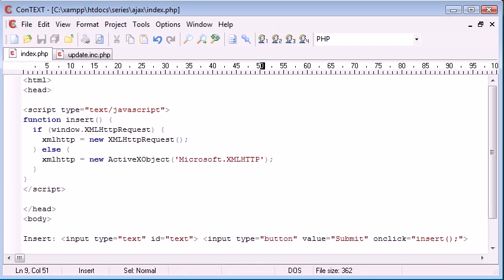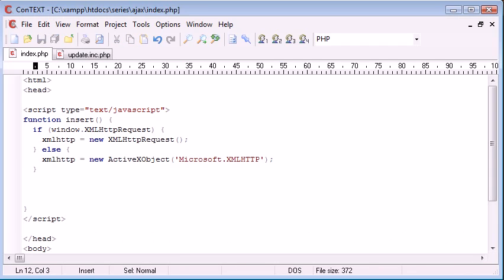Now, bear in mind while I'm writing this code that everything I'm writing is case sensitive. So, for example, this XMLHttpRequest object is in capitals for XML, and then a capital H, small TTP, a capital R, and then the rest of request is small. So ensure that for everything you write inside of here, it's case sensitive. So if you end up with it not working, just double check the case next to